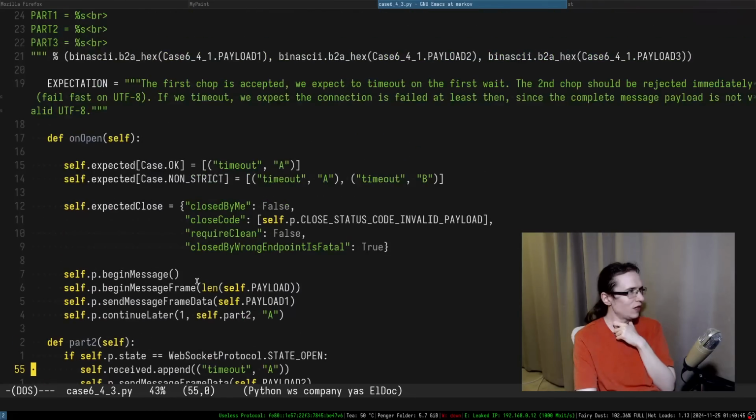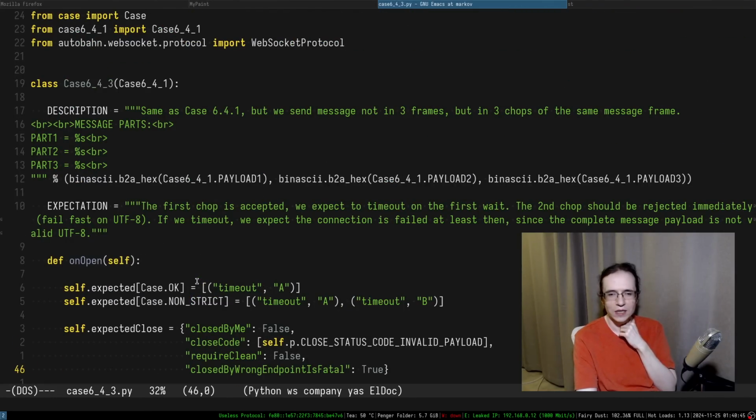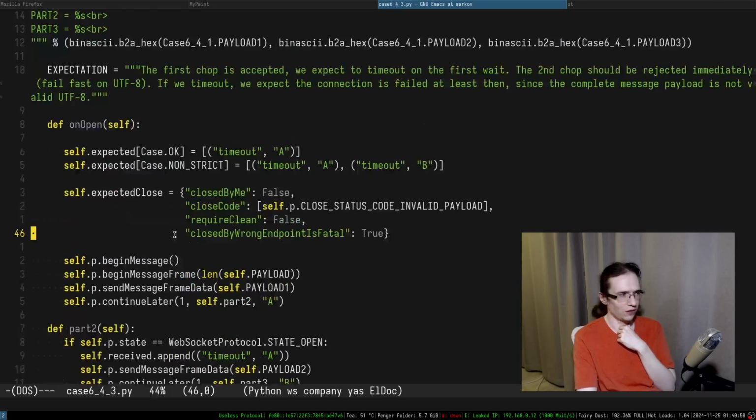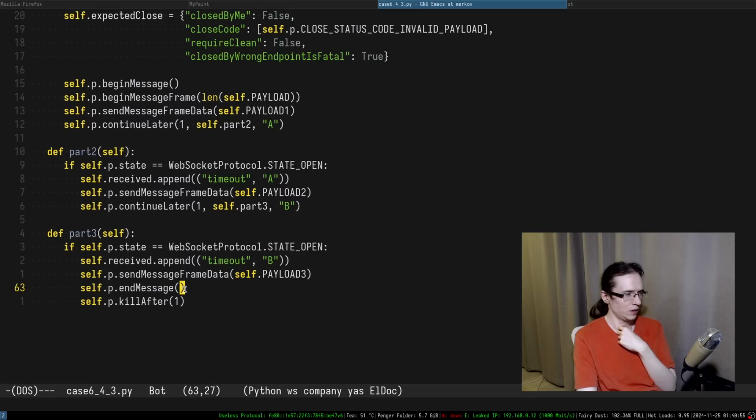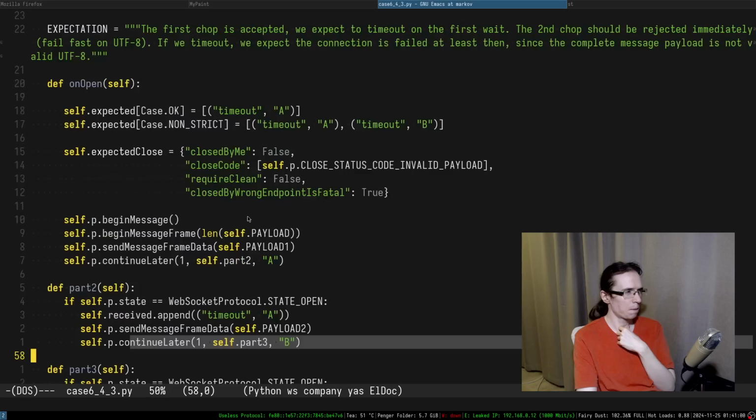I don't understand. This is bizarre. The server waits for too long. That seems sus. It should close after only 1 second. Yeah, so essentially,